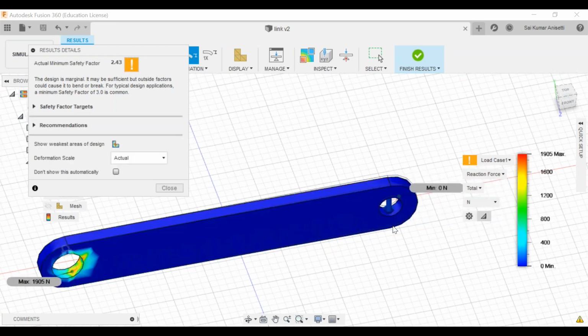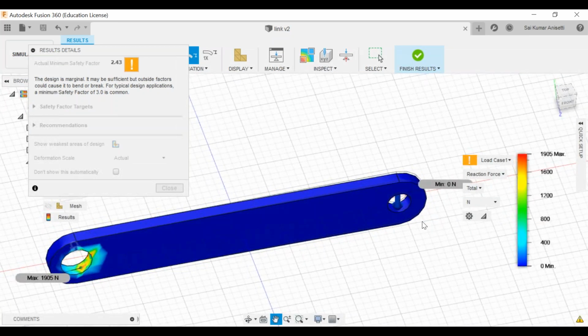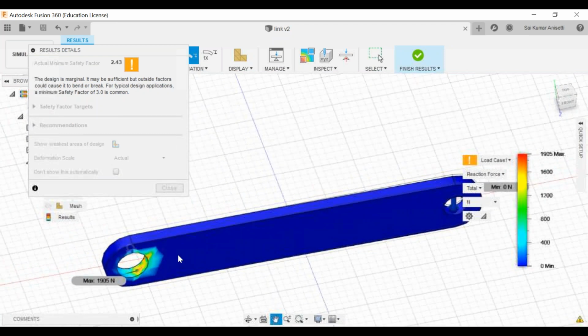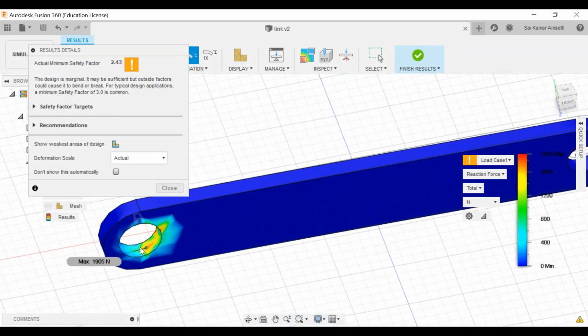Next, reaction force. See, whenever you are acting a load at this point, the reaction force will be in the opposite direction wherever you fix your body. Now reaction forces, see, how many newtons did you give your load? That is 1000 newtons you have given. What could be the reaction force at this particular end? You calculate by your finite element method, input your values, give the dimensions, and check the reaction force over there.